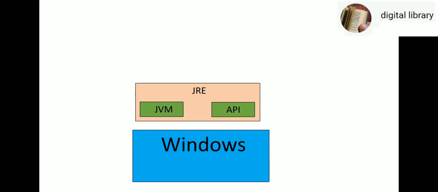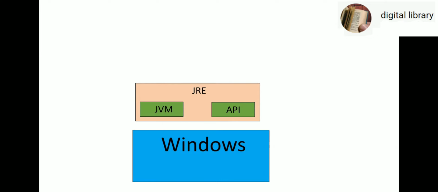Now, at present, you understand that JRE is something which is required to execute Java code. Suppose you have a laptop, you all have a laptop, and that laptop has some operating system, maybe Windows or Macintosh or Linux. Now, if you want to run a Java application on that laptop, what should you have on that laptop? You should have JRE for that respective platform. Suppose you have Windows on your laptop, so you must have JRE for Windows. So JRE is something which is compulsorily required for that platform to run Java.